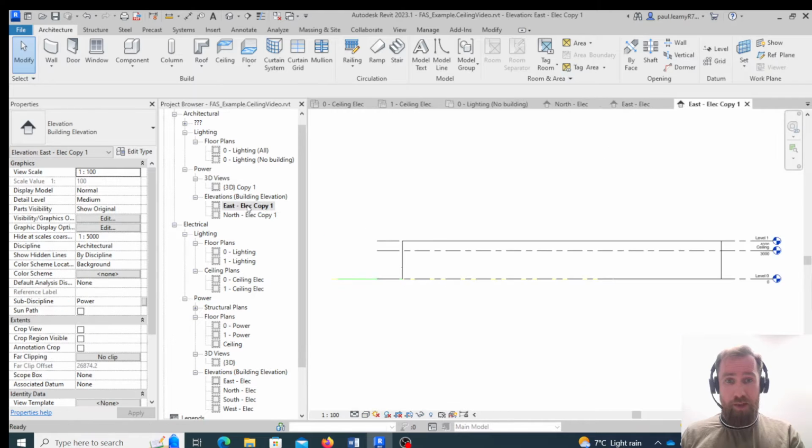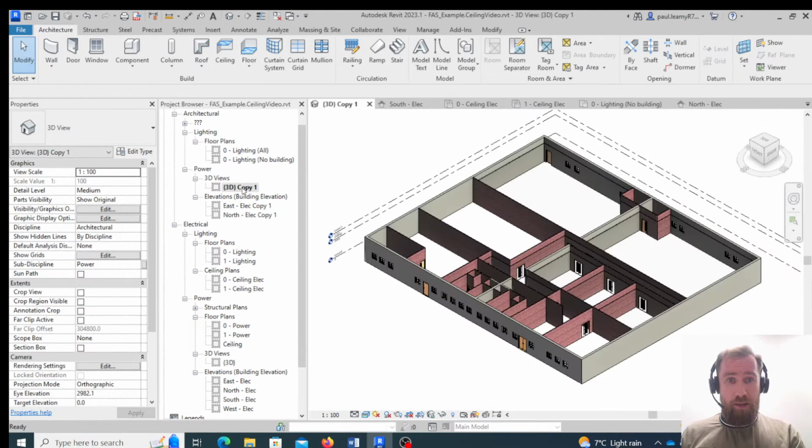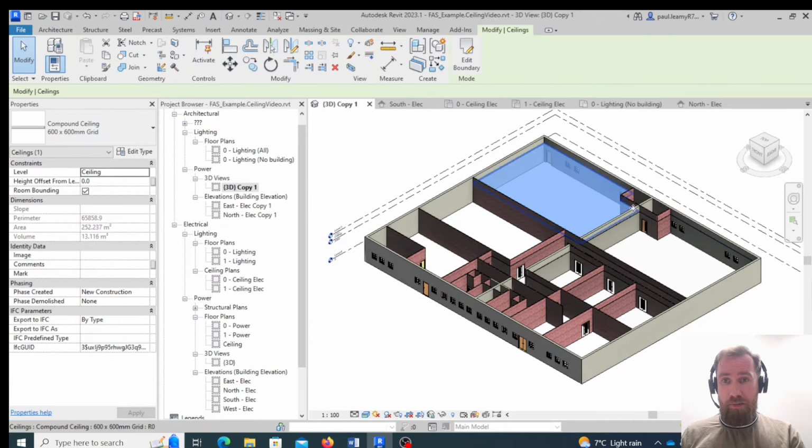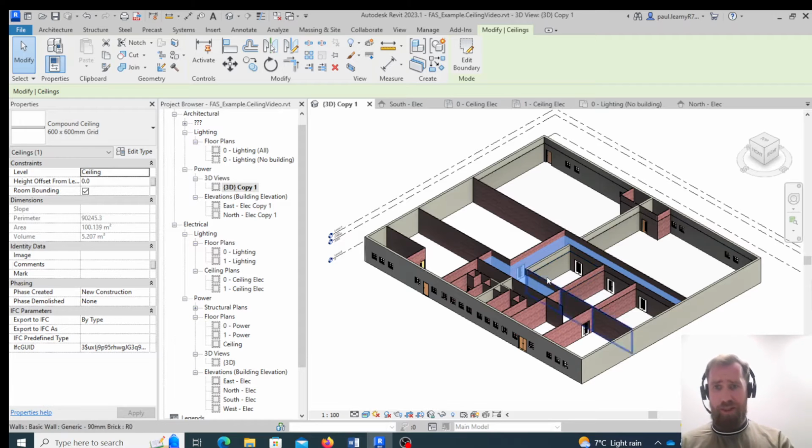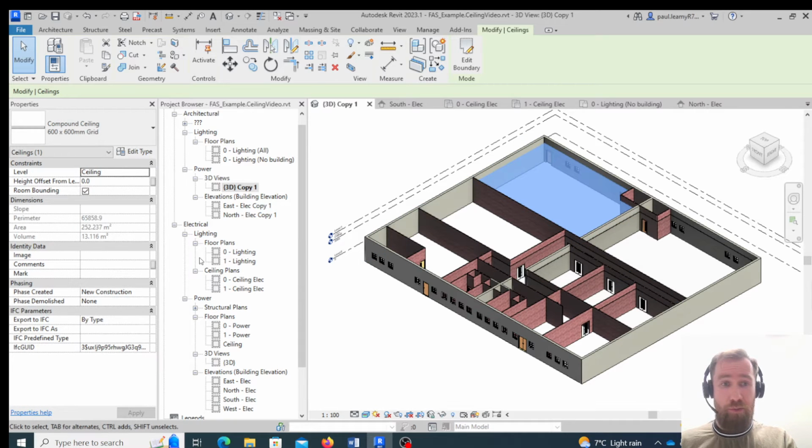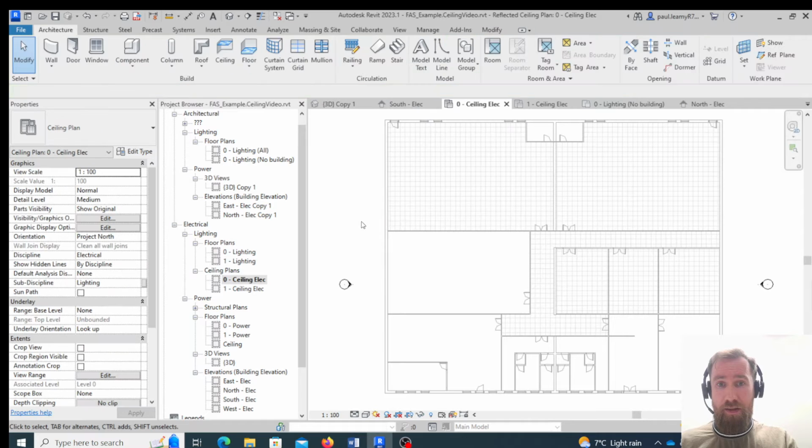So if we look at the elevation, there's a third level here called ceiling. And this allowed us then to make sure our ceiling objects all link to the same height throughout our building. At this point, we're going to start using the ceiling objects, the ceiling view, to make sure we can place fire alarm devices appropriately. So when we're using Revit,